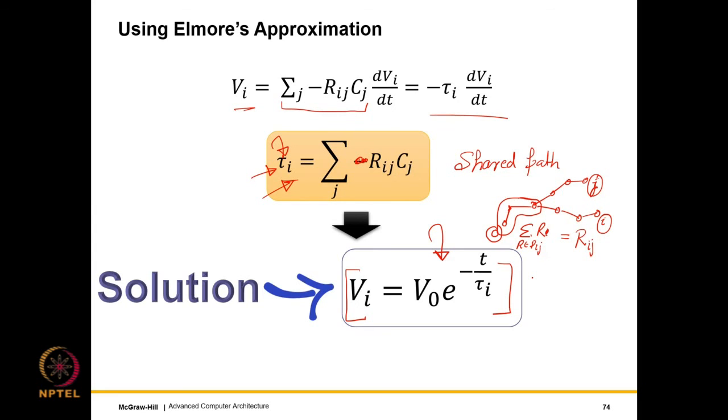Well, Elmore had nothing to do with caches. At the time of Elmore, caches had not been invented. Elmore essentially gave a general approximation to solve for the timing of an RC tree. That's all that he did. And once you can solve for the timing of an RC tree, then you can use subsequent analysis to find the power that an RC tree would actually consume, and that can be done very easily. But Elmore's main contribution was just to find the time constant of an RC tree.